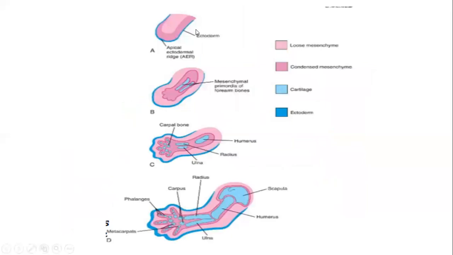So this is also the ectoderm on the outside, the upper limb bud, ectoderm on the outside. Inside you can see mesenchyme. Mesenchyme is condensing. Then you have the apical ectodermal ridge. Away from this apical ectodermal ridge, the mesenchyme is going to differentiate first into the hyaline cartilage model, and then these cartilage models are going to ossify and give you the bones of the upper limb.